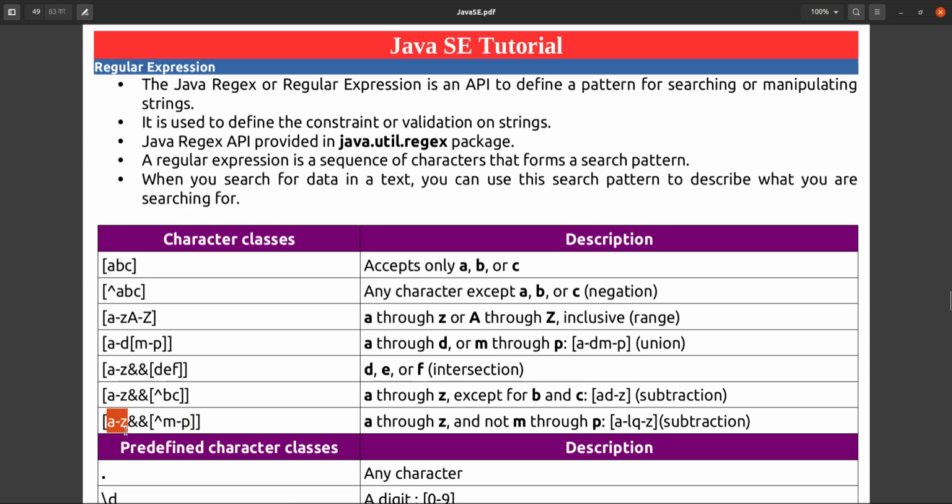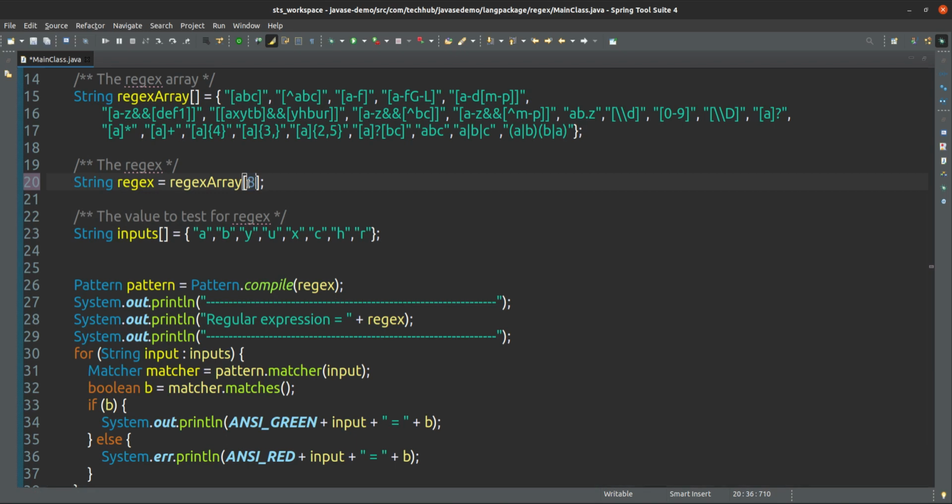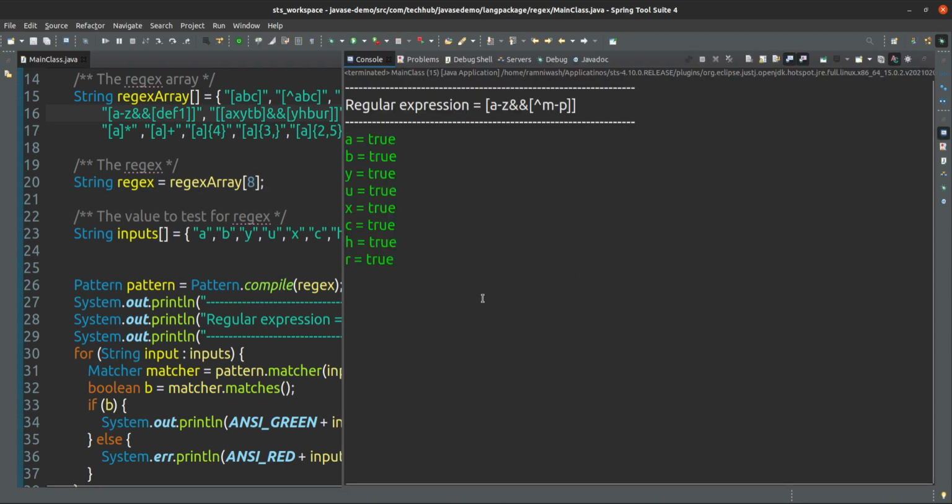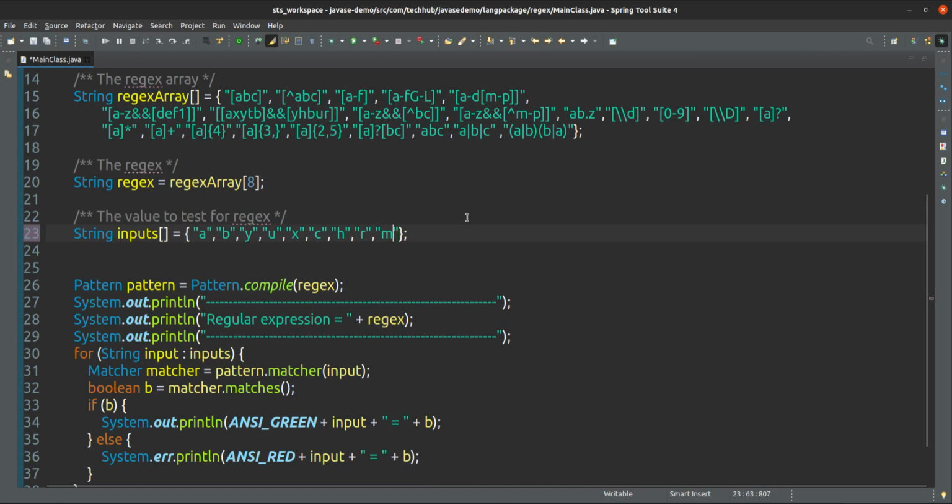Means A to Z, your input can have A to Z, but should not be any character that is coming within the range of M to P. A through Z, not M through P. So suppose if I will take the 8th one, it will be, yeah, that only, A to Z and not M to P. So okay, all are fine because that is not coming within the M to P. I will give anything that is coming within the range of M to P. M, N, O, P and Q.